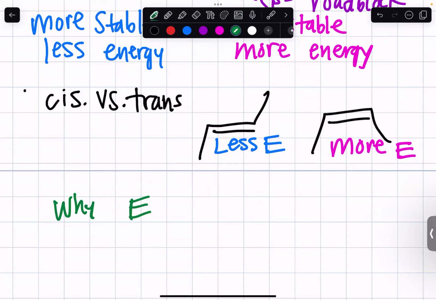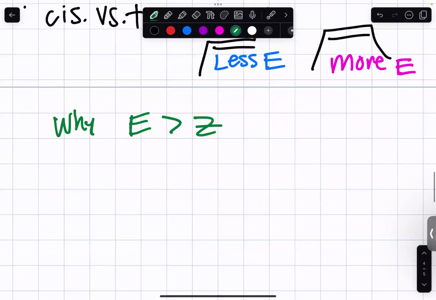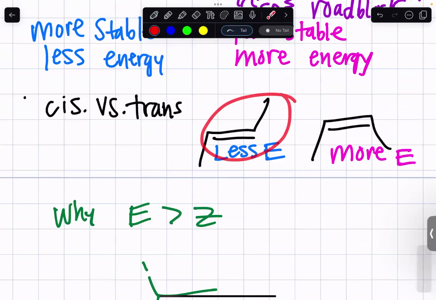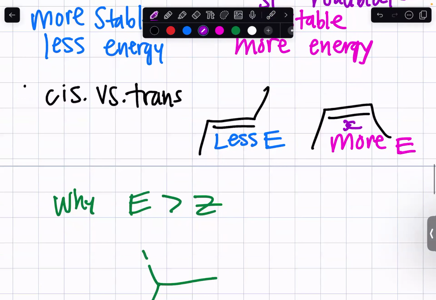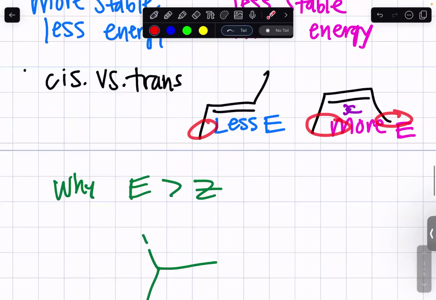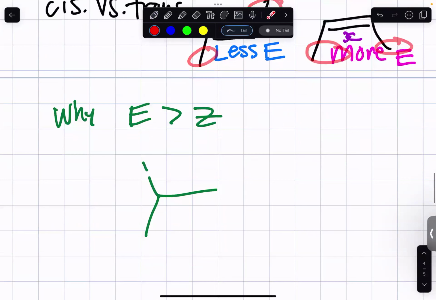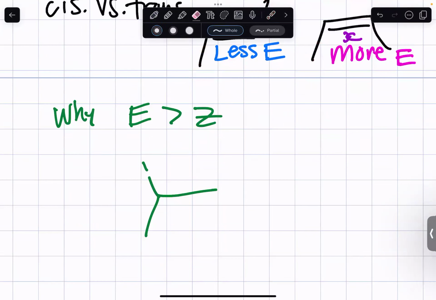The reason why E is not always more stable than Z is because of some examples like this. Say we have, well, first, why is this more stable than this? Less steric hindrance, that's right. We see the cis, the two groups are sterically hindered. They are right next to each other, whereas the trans, they are across from each other. But now let's say we have,